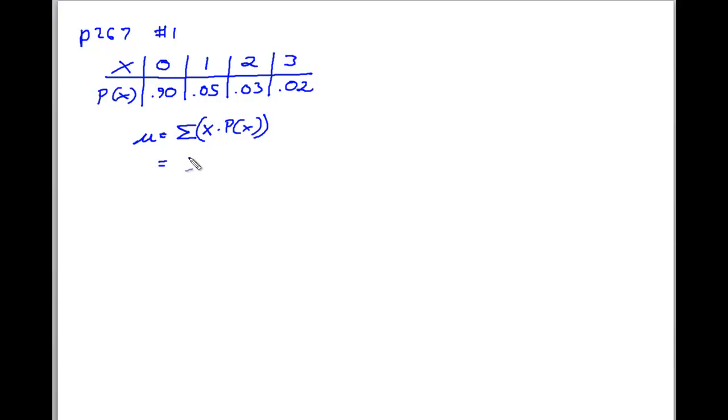So we're going to go 0 times 0.90 plus, that's the sigma part here, we're going to add these all up, 1 times 0.05 plus 2 times 0.03 plus 3 times 0.02. If you add up all of these numbers, you get a total of 0.17,